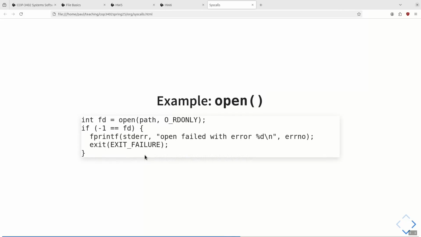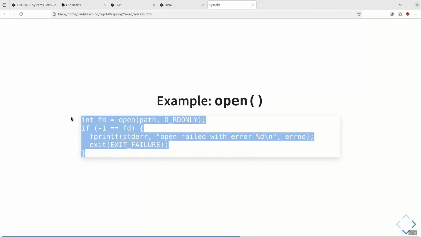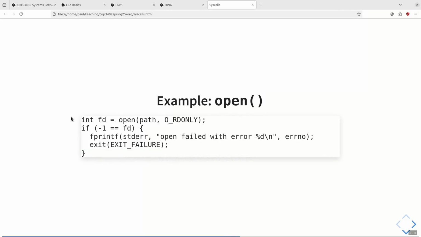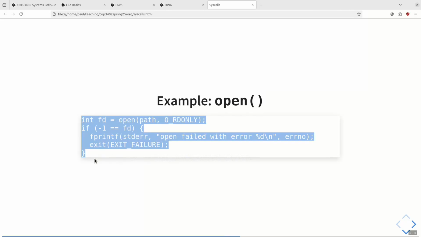You have to proactively prepare for any possible error that can happen from that system call. Because somebody could unplug a hard drive during your program execution. Your machine could shut down. The file may not be there as you expect. It may have been deleted since you started the program. So for any system call, you should have error handling code that manages what happens when the call does not succeed